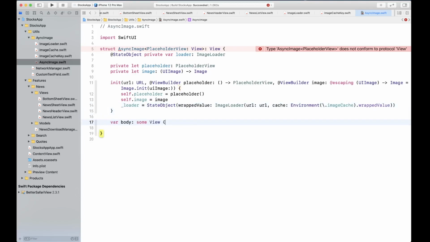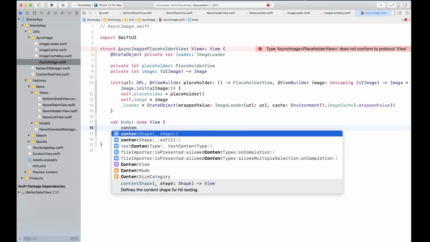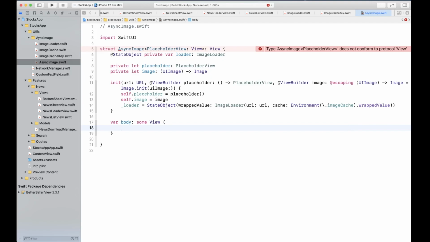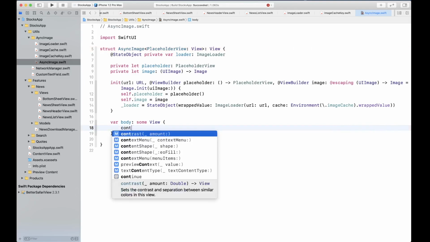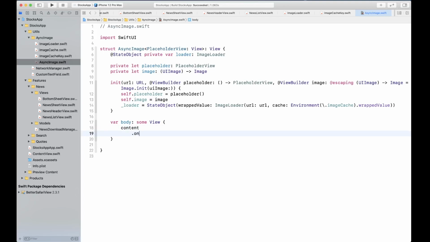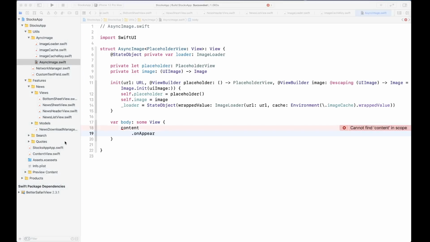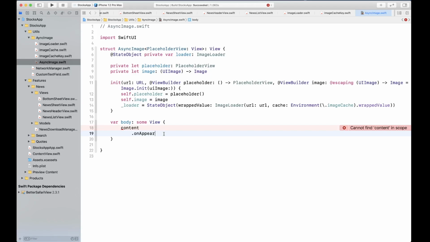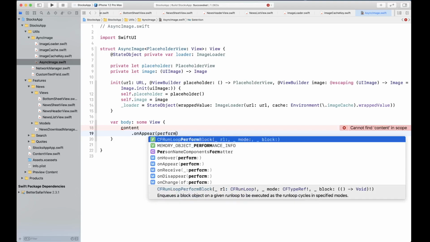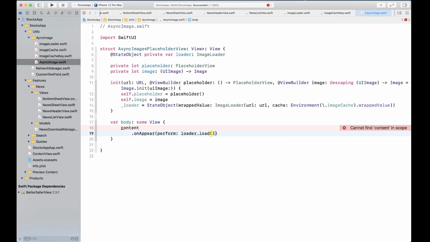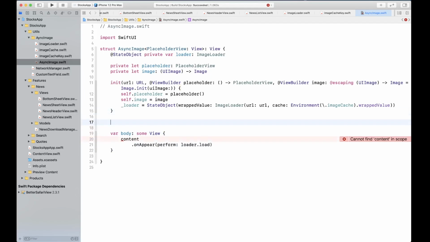Then we're going to write our body, and we're going to simply have our content, which is going to have an onAppear. We're going to perform loader.load. Okay, content is not created yet, so let's go ahead and create that.